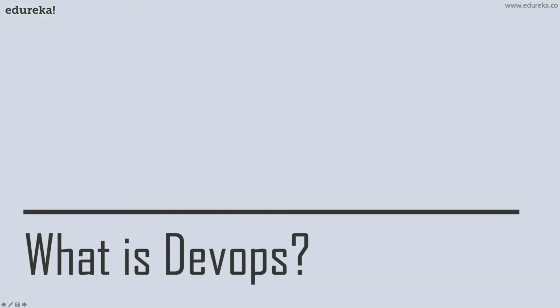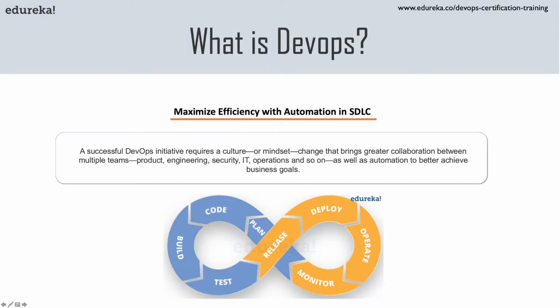Okay, now that you understand the problem between developers and operations, it will be very clear to you what DevOps is. So coming back to the same definition that we had, what is DevOps exactly? DevOps basically deals in maximizing efficiency with automation in the software development lifecycle. So let's say you're following the agile methodology, right? Whatever change of hands happens, wherein developer A has to give their work to developer B, or the whole team of developers have developed a feature and want to give it back to testers for verification.